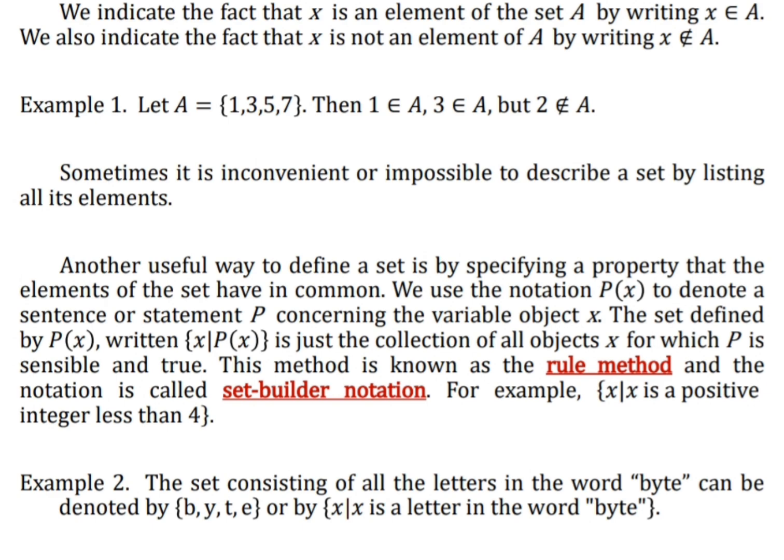To show that an element belongs to a set, we use the symbol ∈, which means "is an element of," so we write 1 ∈ A. If an element does not belong to a set, we use the ∈ with a slash in the middle, ∉, which means "is not an element of," like 2 ∉ A. It is important to remember that the order of the elements does not matter in a set.